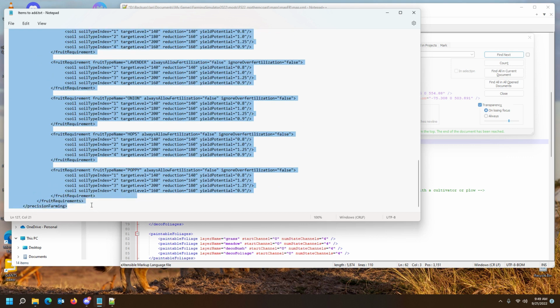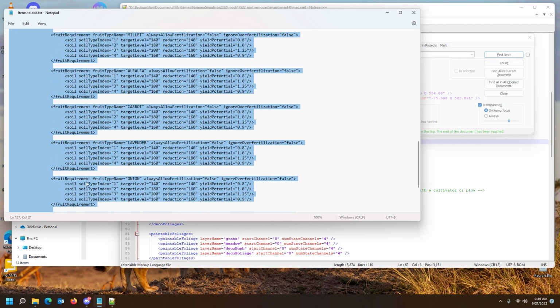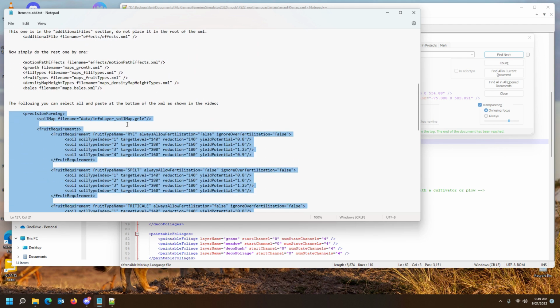If you want to give your map out to friends or whatever, I would suggest putting it in, because it's no harm if it's in there and they don't use it. But it only works when precision farming is installed, you know. So Control and C, copy this whole section, and remember to go right to the end of the ending of precision farming. All right, so from the top one there right to the end,